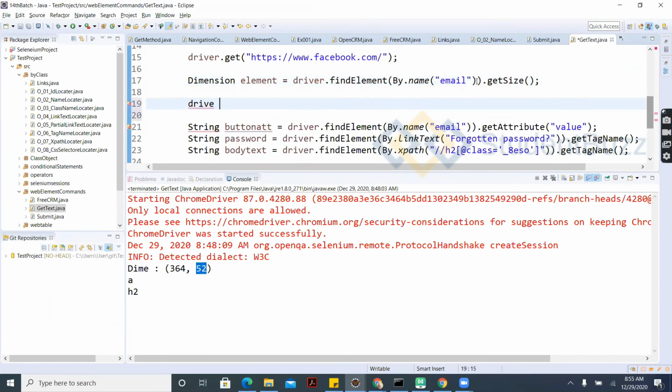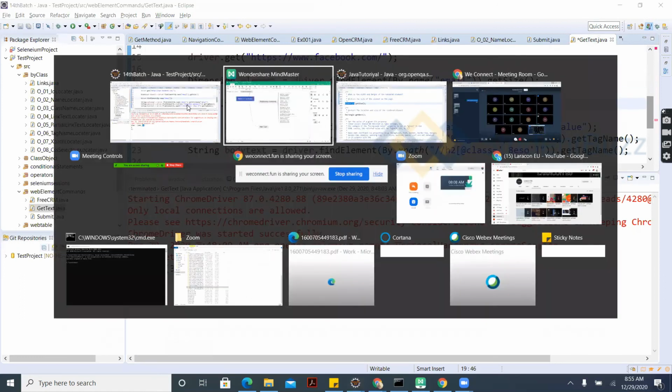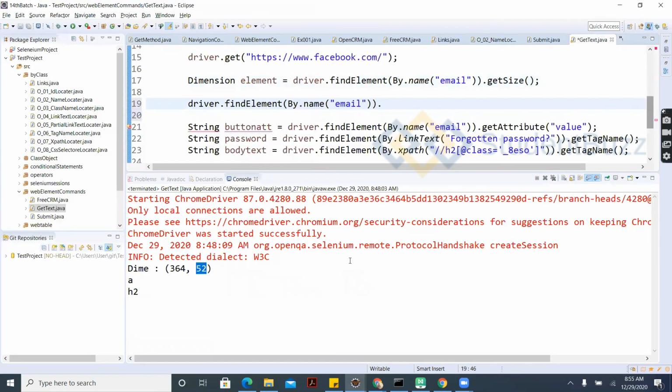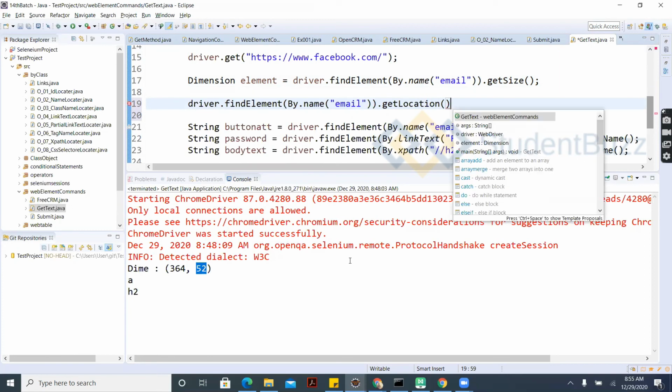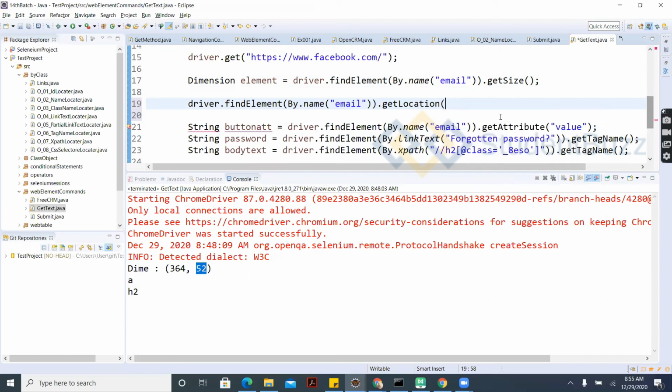With driver, the same element we can see. What was the other method? getLocation. This also we don't use much of the time. getLocation returns a Point.